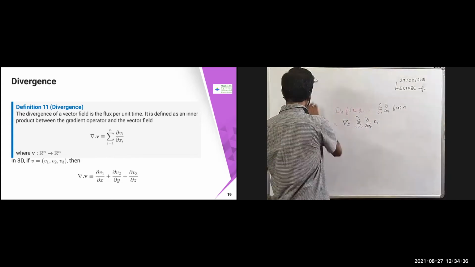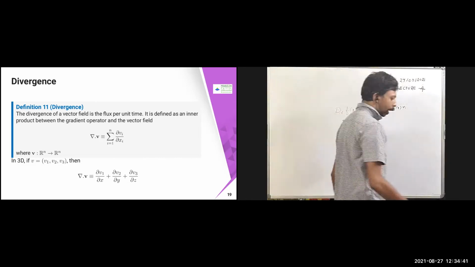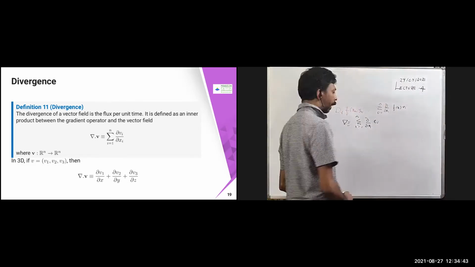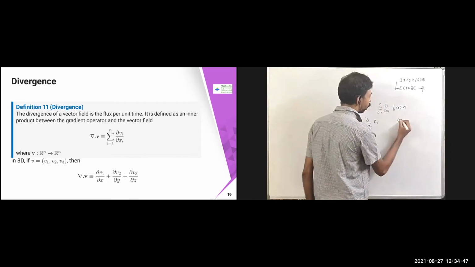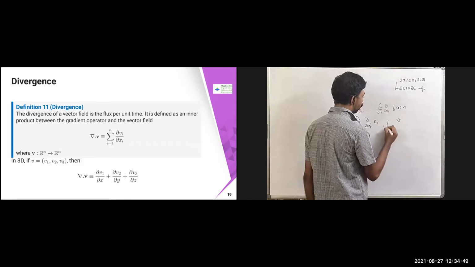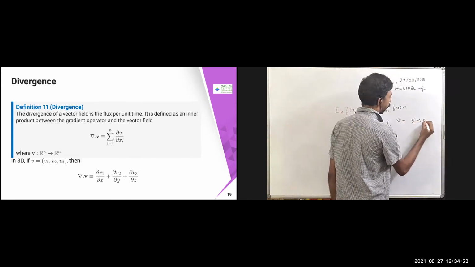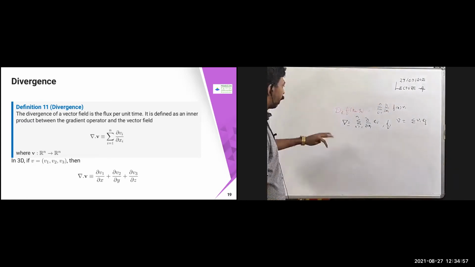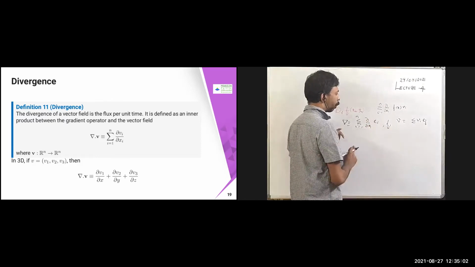So what combinations can I take? Since there is an operator, I can just operate with that. Since it is a vector, I can operate something on it. I have 3 components: one is del, another is f, another is v. V is nothing but summation vi ei. So I have 3 things. First I operated on f, so that means I'm operating on this one.